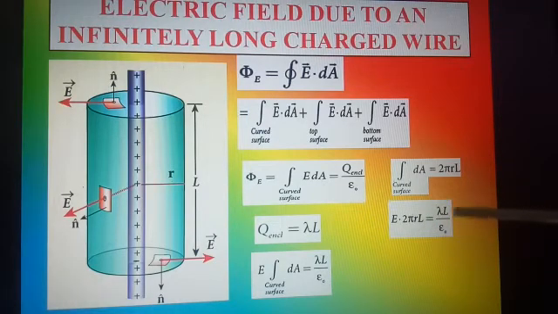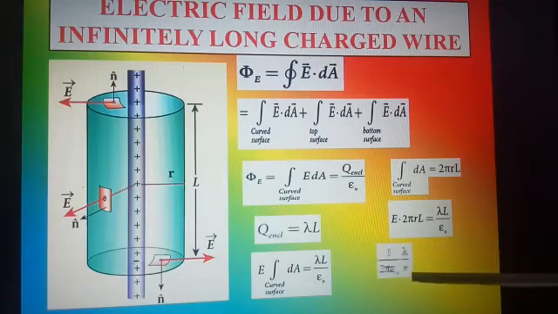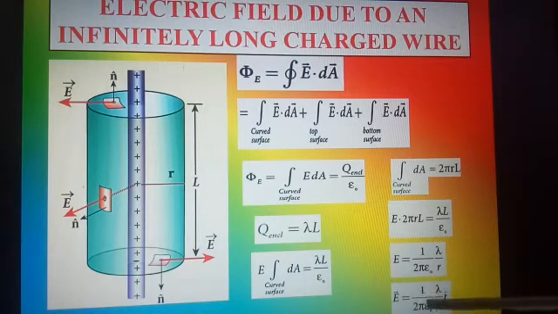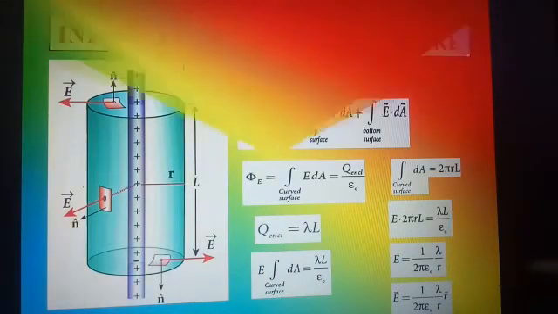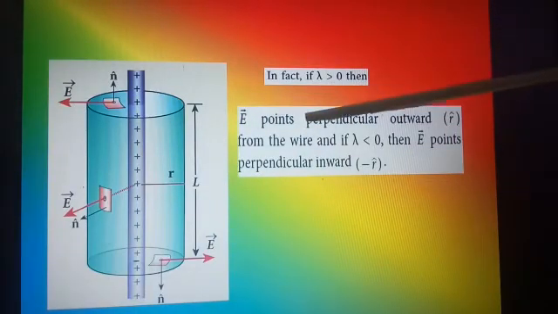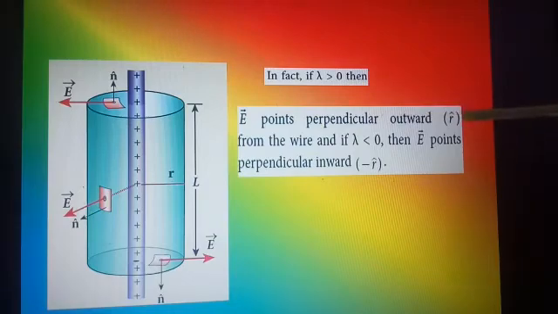L cancels on both sides. So we get E equals 1 by 2 pi epsilon naught times lambda by r. We can write it in vector notation: E vector equals 1 by 2 pi epsilon naught times lambda by r into r cap. If lambda is greater than 0, then the E vector points perpendicularly outward from the wire. But if lambda is less than 0, the E vector points perpendicularly inward. So the electric field due to an infinite charged wire depends on 1 by r, rather than 1 by r square